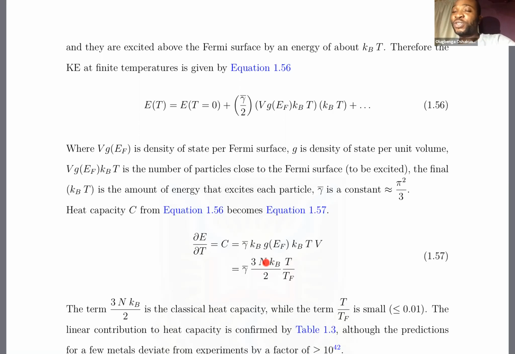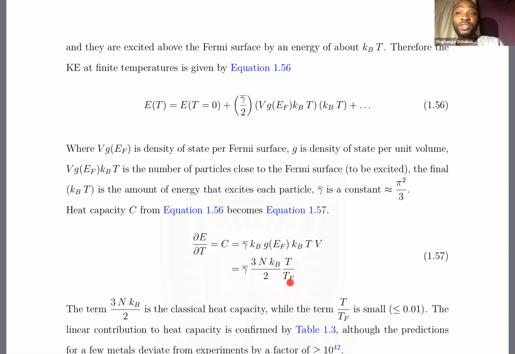But now for electrons, according to what we have seen so far, it is now being multiplied by another term, which is T over T subscript F, temperature over Fermi temperature. So this is the difference: the term T over T_F is a term that wasn't included initially